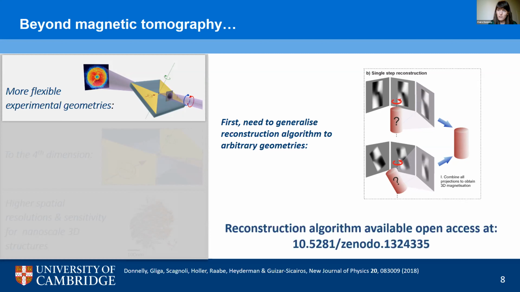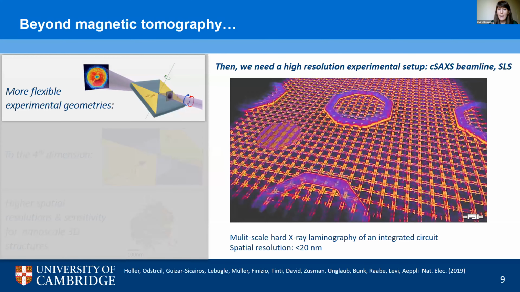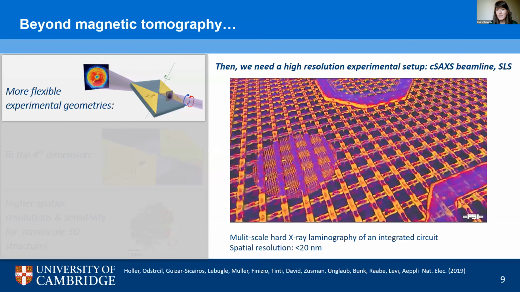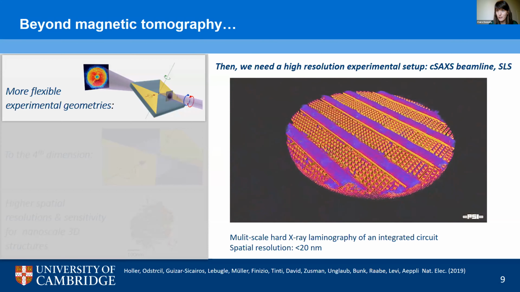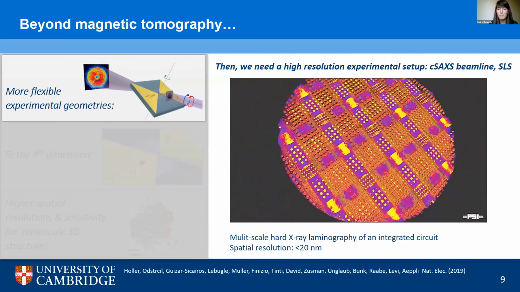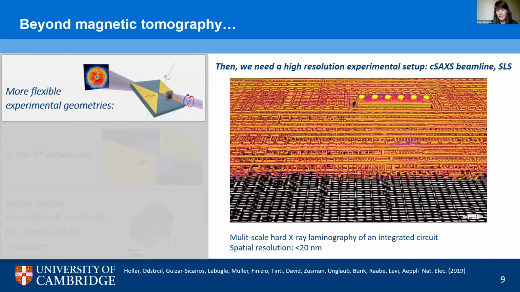So now that we have a reconstruction algorithm, the next question was having a high resolution experimental setup. We were very lucky that in parallel, at the cSAXS beamline at the Swiss Light Source, they were developing a high spatial resolution setup for ptychographic laminography. And you can see in this video that they were able to perform very high spatial resolution non-magnetic laminography of an integrated circuit,